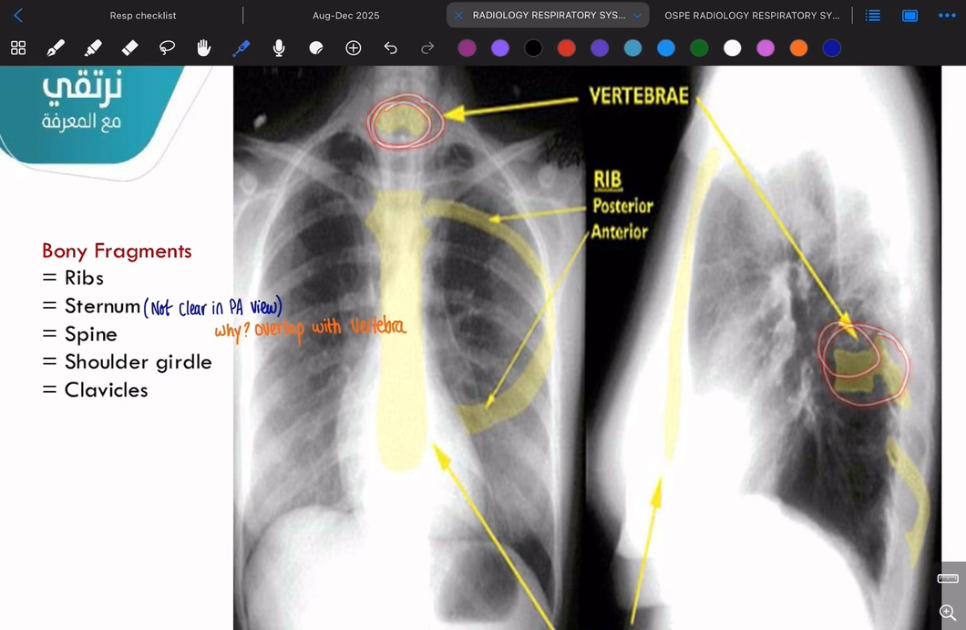And then the last thing, the shoulder girdle, the doctor didn't really mention it. Well, the clavicle is here. We can see this is the clavicle. Okay? So this is the clavicle. Okay, now let's see the